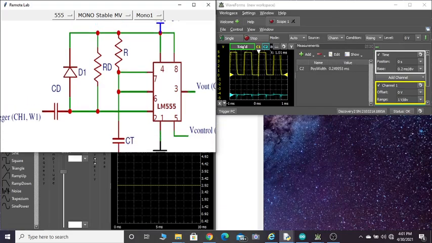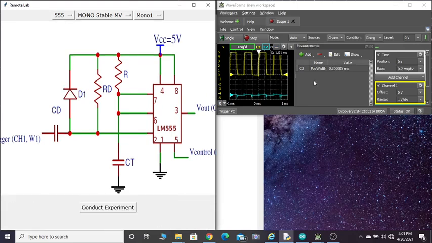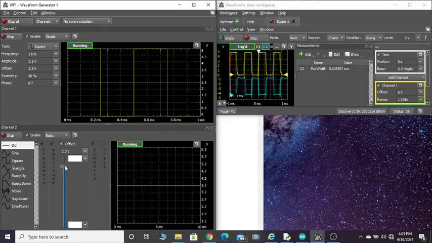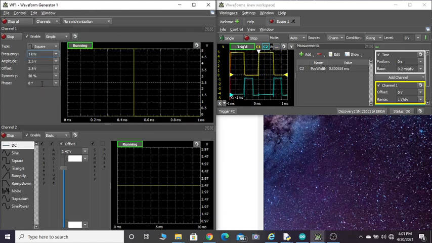If I have 10k, just carefully observe the width what you have. You have almost 0.24. It's not coming. Why it's not coming is maybe my control voltage is less. Let me increase the control voltage to some greater value. Now this is fine. You can see now this is the control voltage. This is perfect. Let me slightly reduce the frequency to 1 kilohertz. This is perfect now. Now you can see once the pulse width starts from this to this, it's almost 300 microsecond. So I will change the value of resistance.